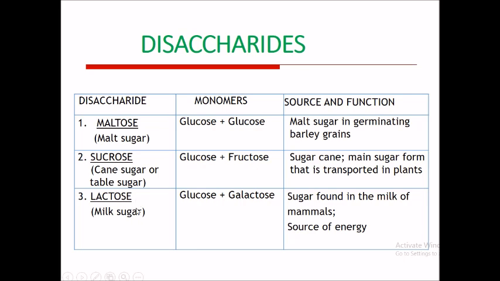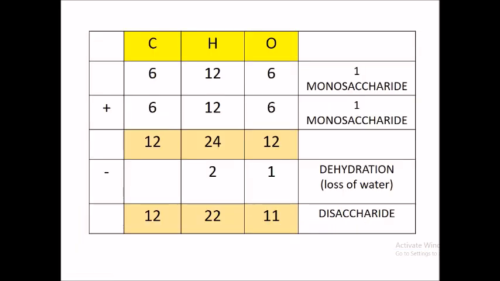And lactose, also known as milk sugar, is a disaccharide made up of monosaccharide glucose and monosaccharide galactose. It can be found in the milk of mammals and can be used as a source of energy. So why is the chemical formula of disaccharide